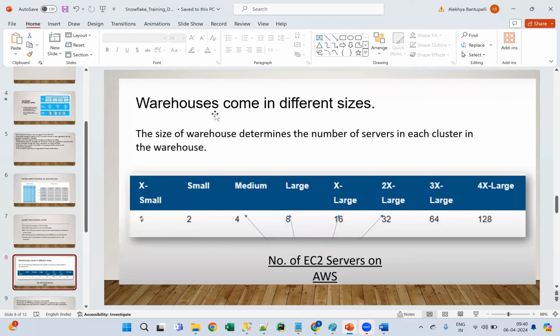Sizes like our t-shirts: XS, small, medium, large, XL, 2XL, 3XL, 4XL. Here one means one cluster. For XS, one cluster will be available. For small, 2 clusters. For medium, 4 clusters, then 8 clusters, and 16 clusters.